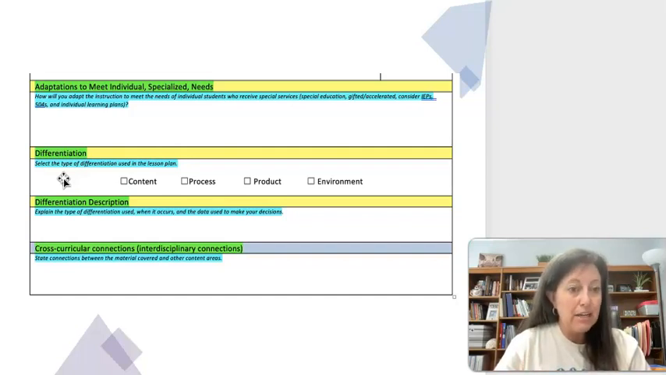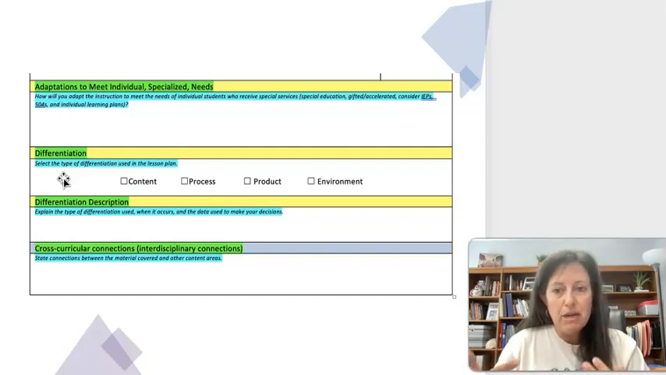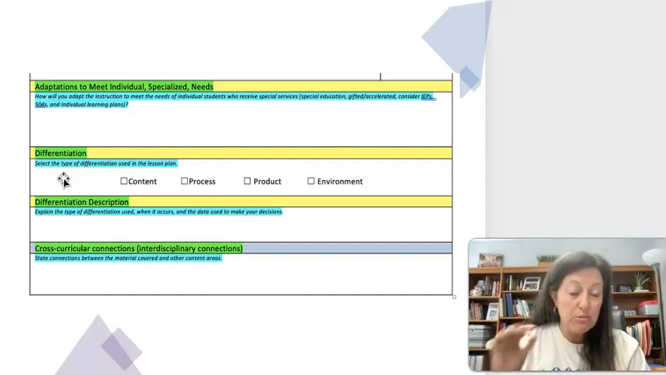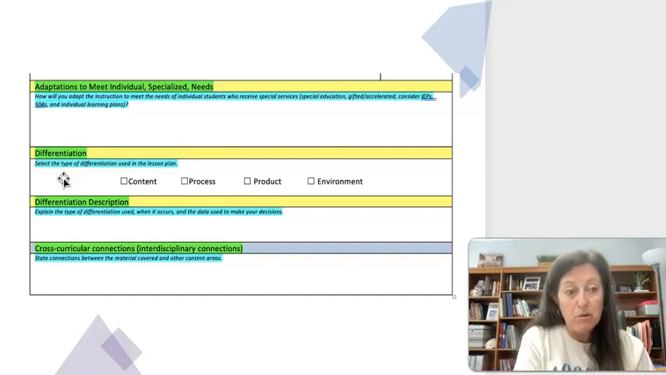So you've got to decide which types of differentiation you're going to use, and more than likely you'll have more than one checked off. And then you're going to give me a specific description of your differentiation. So let's say, for example, the student I mentioned earlier, LG, has extended time, and so during reading you want to talk about the differentiation description. So during the reading assignment, LG will be allowed to listen to an audio recording of the book while following along. So you want to be a little bit more specific